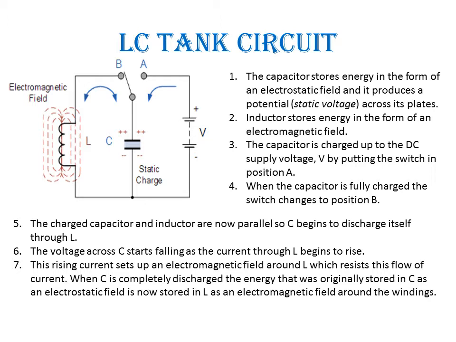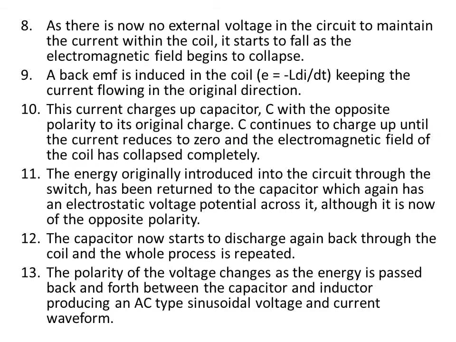So due to this charging and discharging of the capacitor through L, it is sending out current periodically in the clockwise direction and counterclockwise direction. That is what we mean by the oscillations produced by this L and C combination, which are connected in parallel, and initially we are using a battery to charge the capacitor. Once the capacitor is initially fully charged, it will begin oscillations on its own, and that is the reason why we are getting a sinusoidal output from the LC tank circuit.